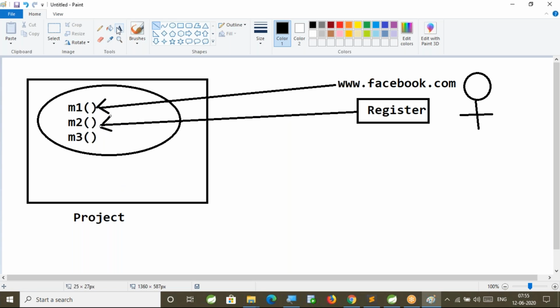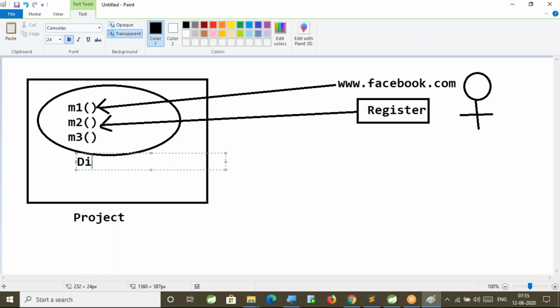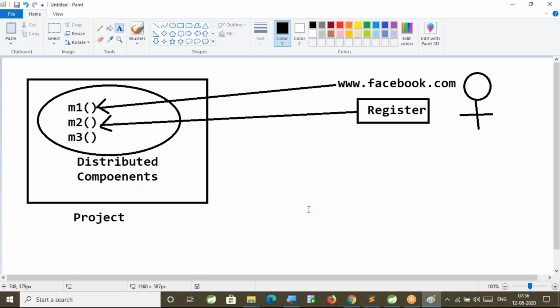Our component is a distributed component. This is accessed by others who are not part of our application. Such kind of components are called distributed components. Servlet is one distributed component. Whenever I develop a servlet, do you think that I will create the object for the servlet to call the servlet method in our project? No. We will never create the object for the servlet. We will never call the servlet methods in our other classes.